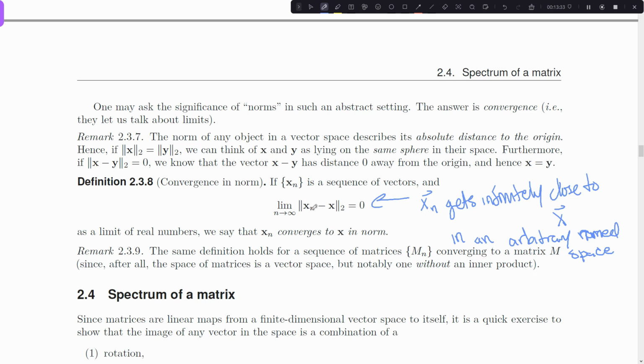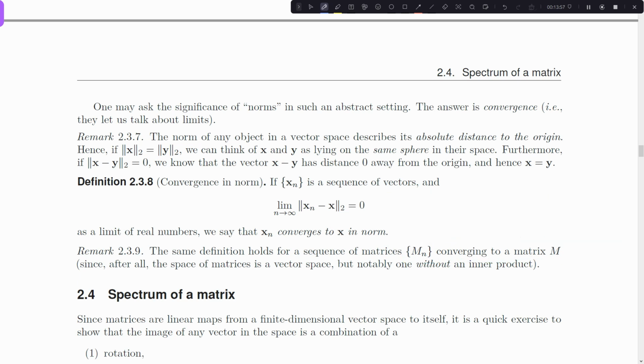So the reason why we care about this for this course at least is that we can make vector spaces and normed spaces pretty broad, and knowing about norms tells us about the convergence of vectors in those spaces. So that's really nice. It turns out that we're going to care about a sequence of matrices converging to another matrix. And this jumps all the way back to this idea that we want to define